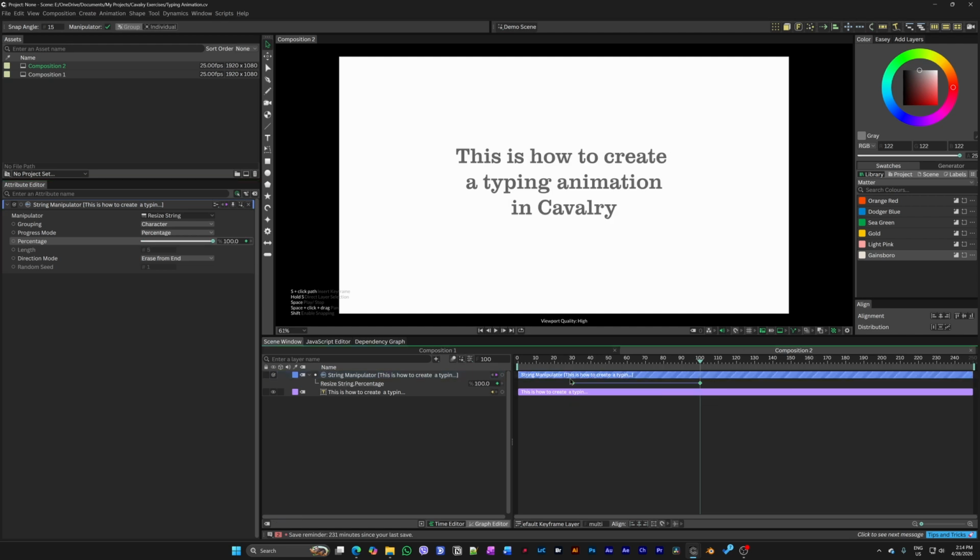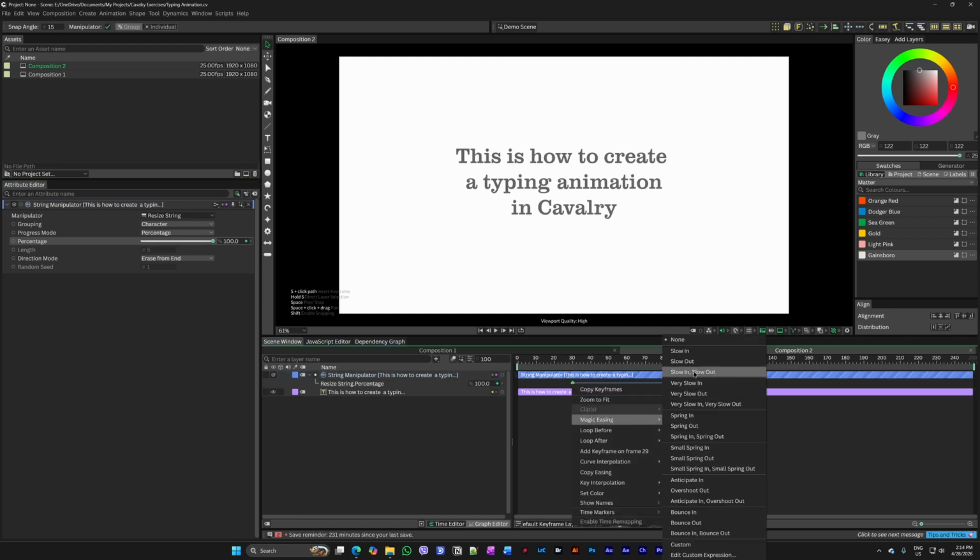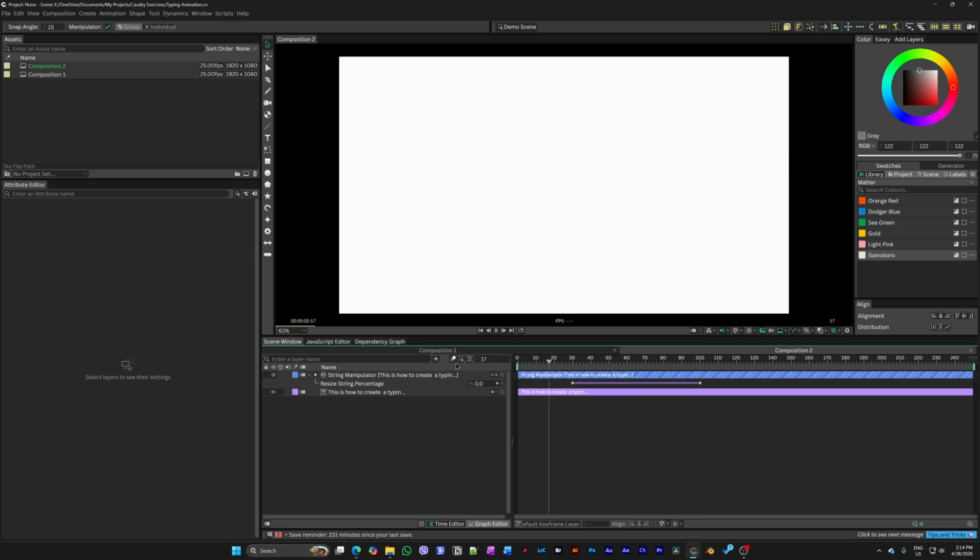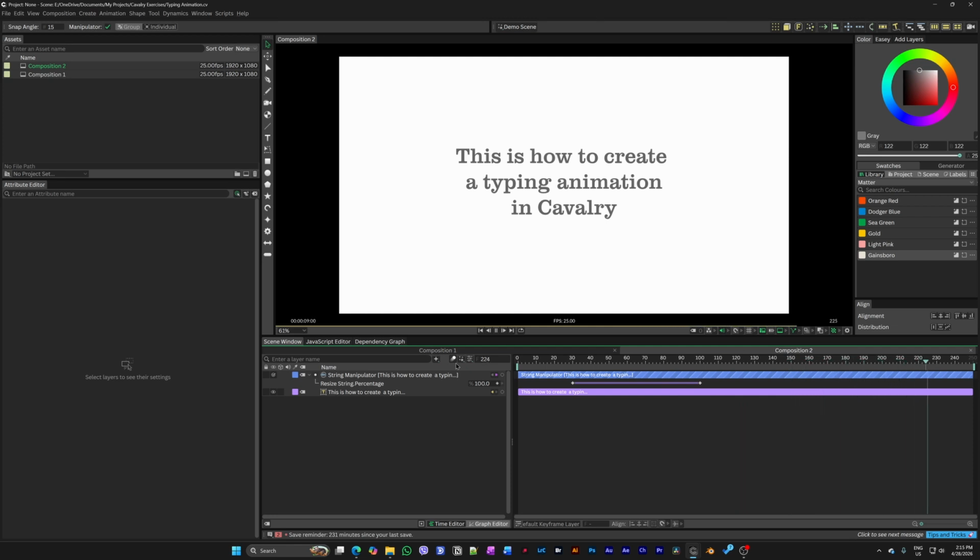Select both keyframes, right-click, and apply a magic easing. Now if you play this, you already have this typing animation. And for some purposes, maybe this is what you want. But if you want a blinking cursor to go along with this typing animation, these are the next steps that